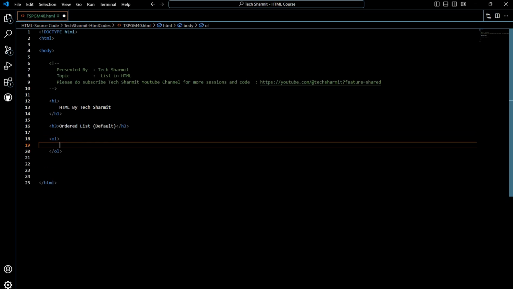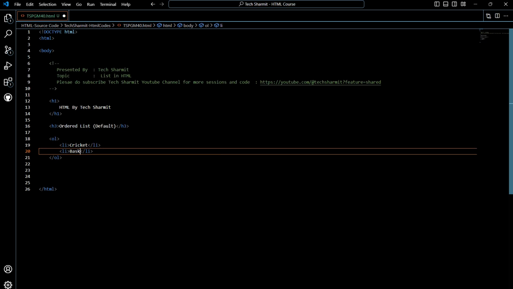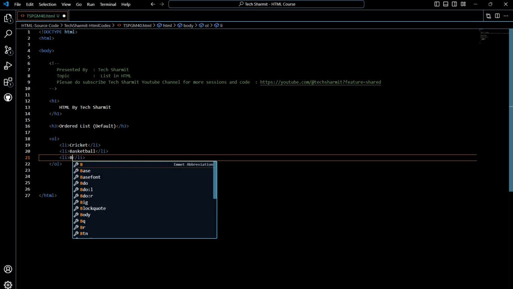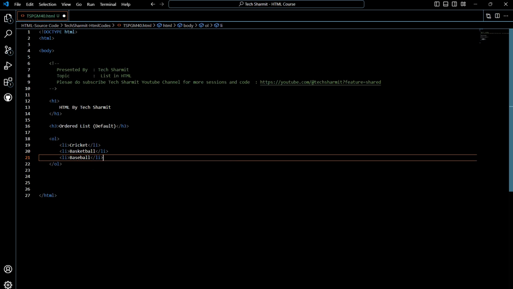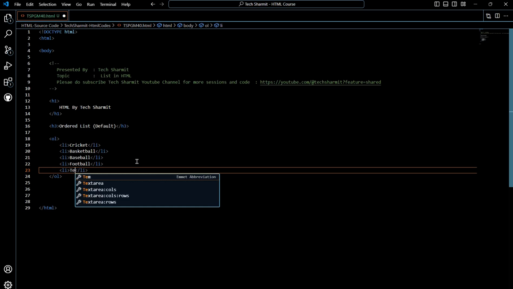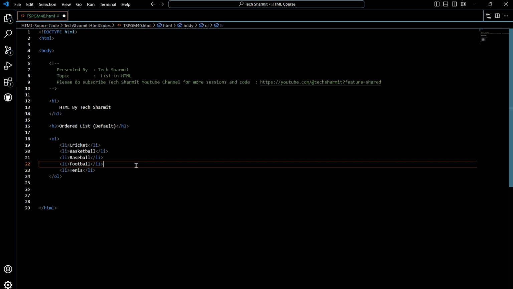So ol tag for ordered list, here I will put li for list item, and then we can put some game names, maybe cricket. Likewise we will add other game names, so maybe basketball, then after this li we will add another one, which is baseball, then li, and now we will put football. Now we can put li and tennis maybe. Now we have added 5 records, and I always recommend you to keep at least 4